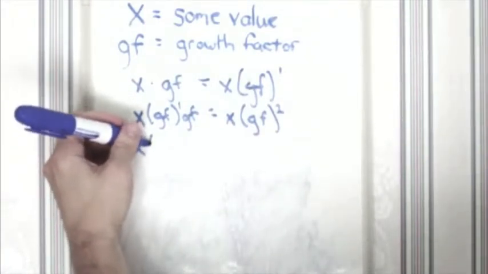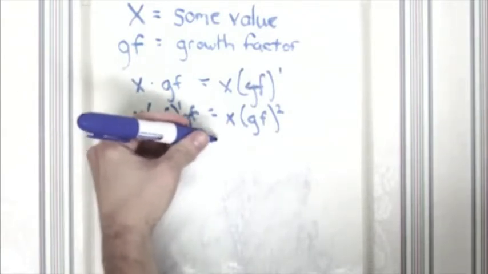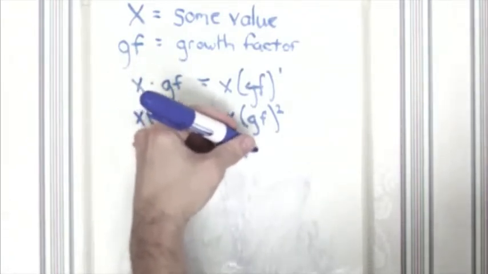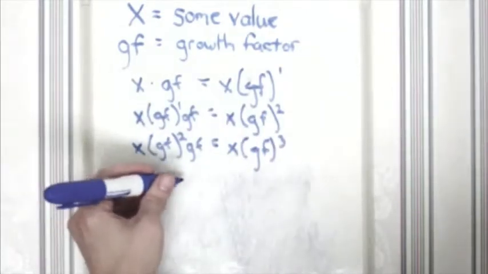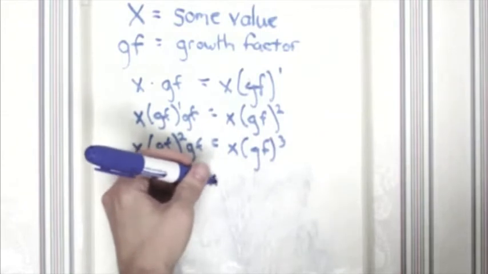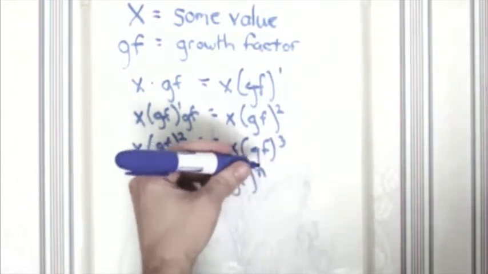So we're continuing this process, and pretty quickly the pattern becomes obvious: after a while it's just a matter of x times gf to the n power, the n being the period of time you're talking about based on